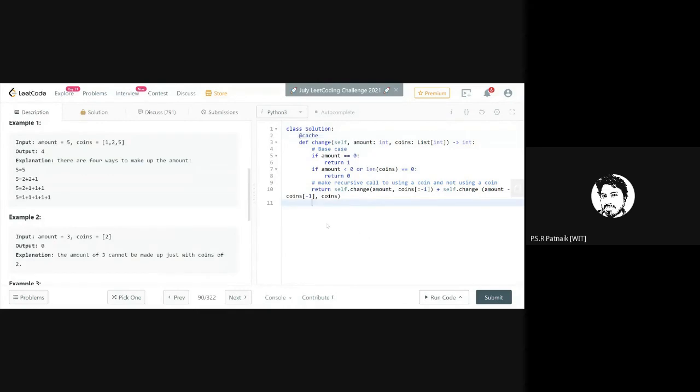What does it do? This is a Python decorator, and it belongs to the functools module of Python. When I put this decorator, it is put above a function. Whenever we have any function, if you put @cache on it, the Python runtime stores the result of this function internally.